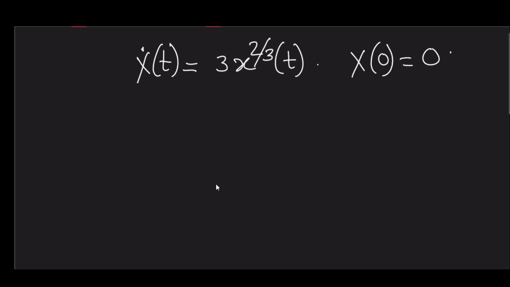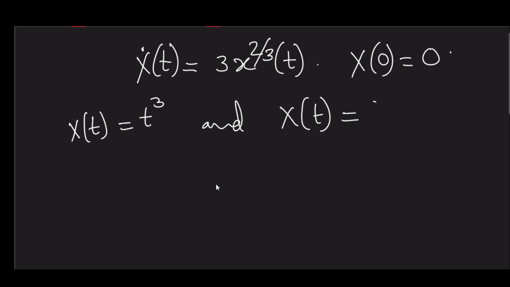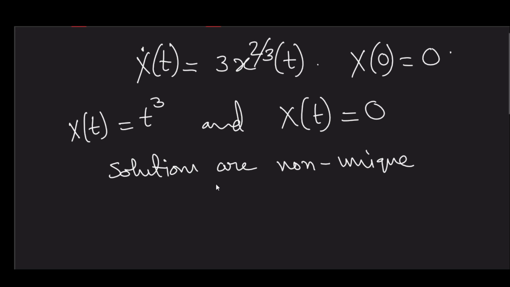so here you can see that this has, you can prove also, this has two distinct solutions. One is, so clearly the solution is, rather the solutions are non-unique. Now if you take another example like